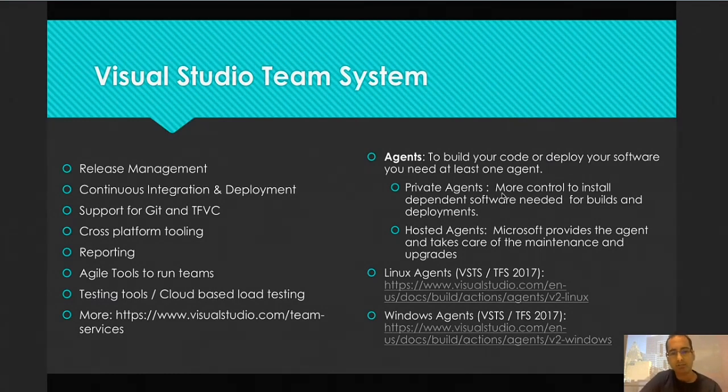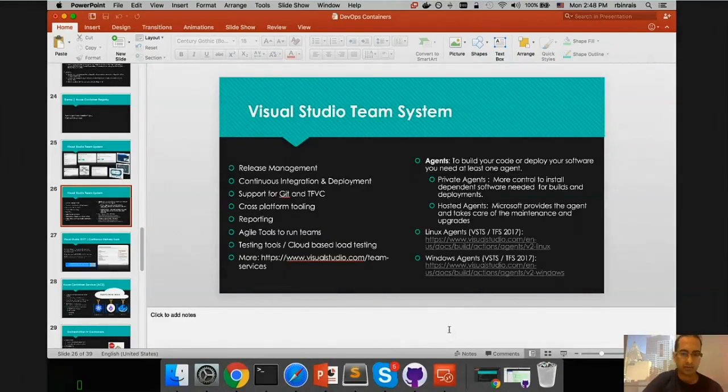The reason why I'm using it right now for this one is that there is a need right now to have a private agent at the time of this recording. This may not be true in the future. But I also like that I have full control over the agent itself. If you want to download the agent that I'm using, you can just go ahead and use those links. I will show you right now the VM